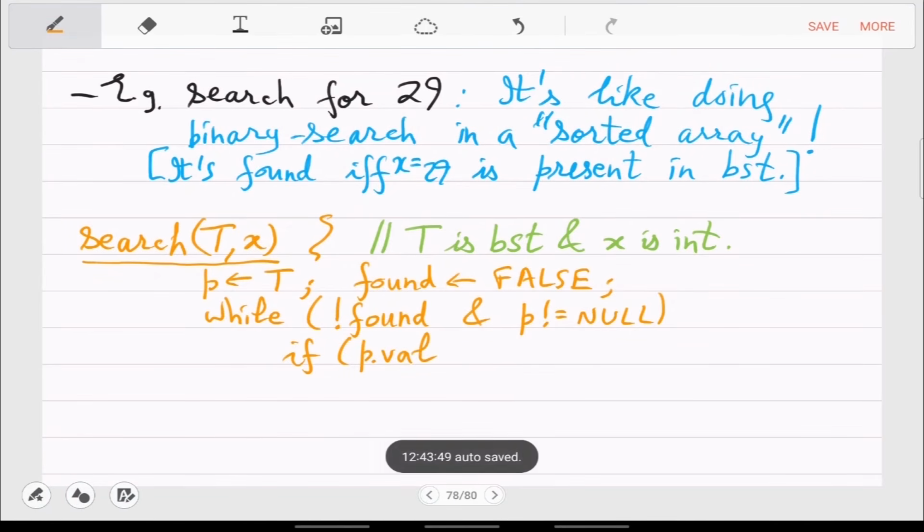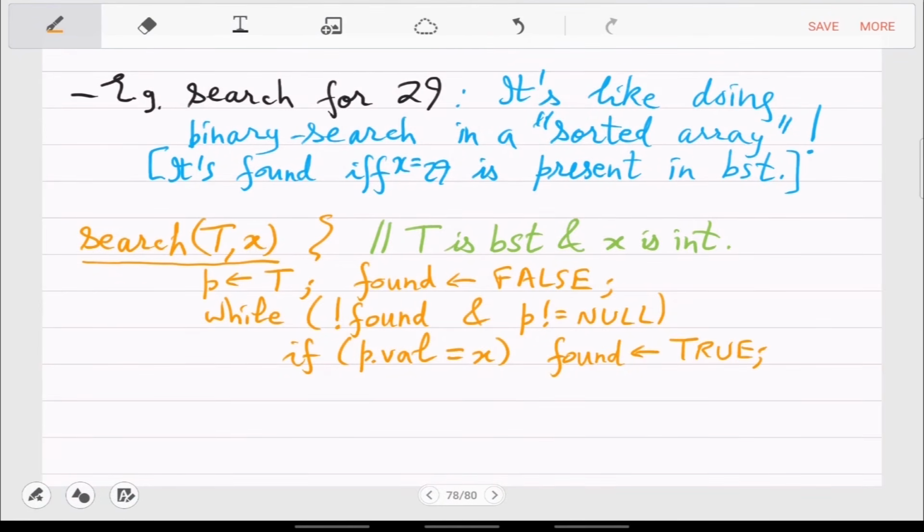Now this value you have to compare with X, right? So if this value is X, then what happens? Then set the flag. You have found X where you are currently present.